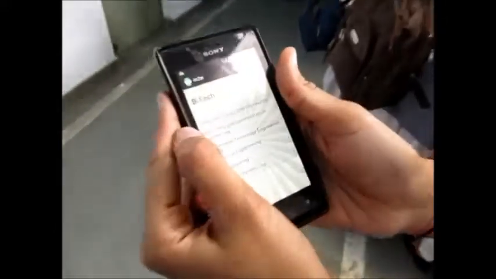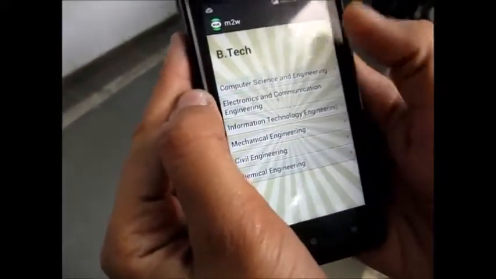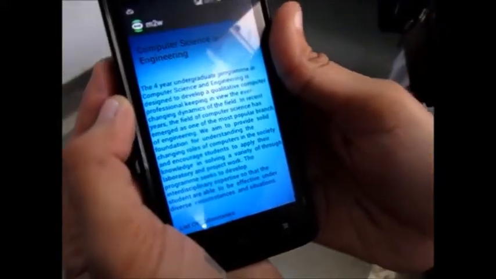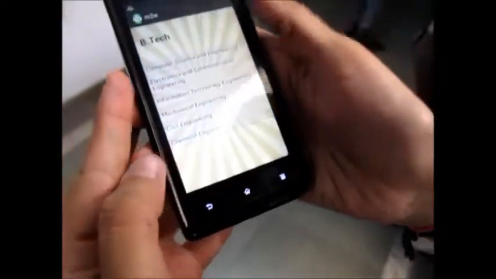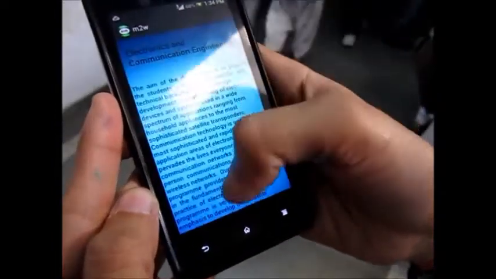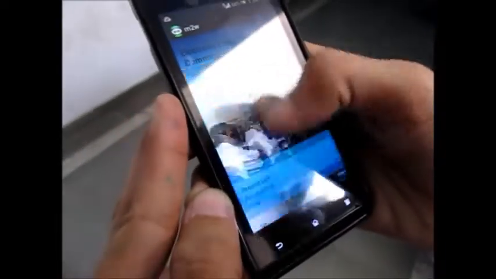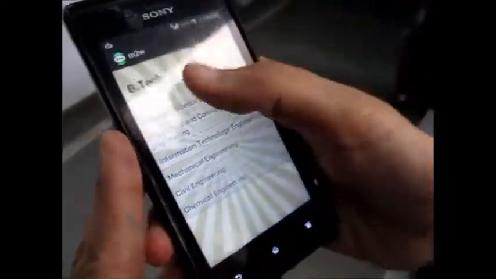All the courses in MIT, whatever the courses in MIT are, if a student does not know anything about MIT, then they can get all the information over here. Like the BTech courses, what are the courses in BTech? Like computer science, all the facilities provided in computer science, labs, laboratories, and all the things can be given over here. Now the EC, all the same information about the EC, whatever facilities we have given in the EC and all the things. These are all the modules.